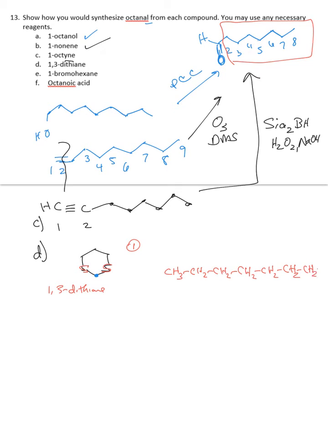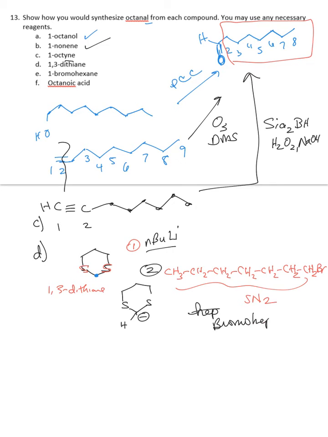And then that's going to be an SN2 alkyl halide. And so all we've got to do is add in butyl lithium. That is going to deprotonate that acidic proton here to make a negative carbon, a carbanion, with the n-butyl lithium. And then the second thing you do is you add, we're going to call that probably a bromoheptane. You call it 1-bromoheptane. It's going to do an SN2 reaction. And so then you're going to get